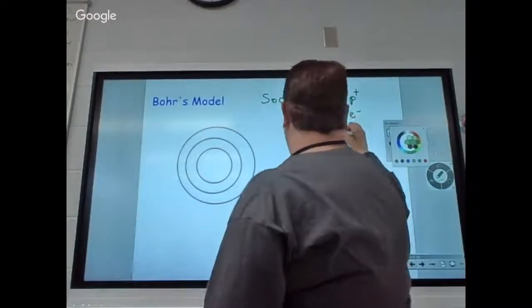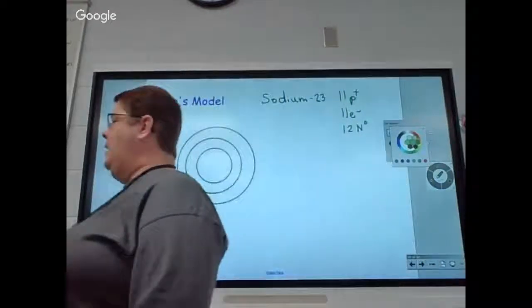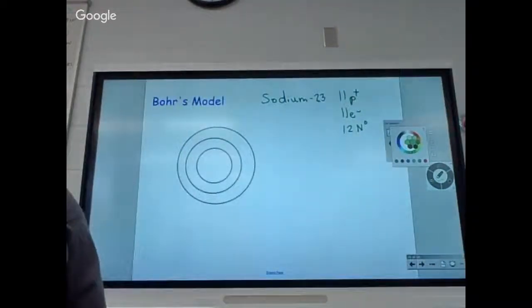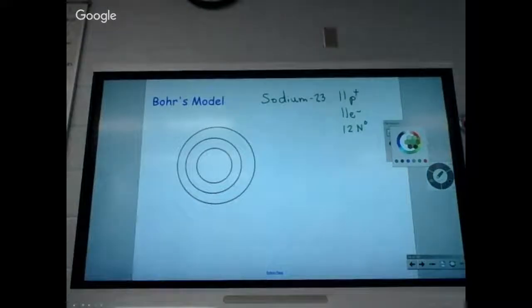I was hoping for more than that one person who yelled out an answer a minute ago. At least that's a few more people. How do we find neutrons again since so few people were saying anything? You subtract the atomic number. Do we need to draw the little circle thing? Oh, I'm going to explain a couple things. So that's up to you. Okay, so 23 minus the 11 is how we got 12.